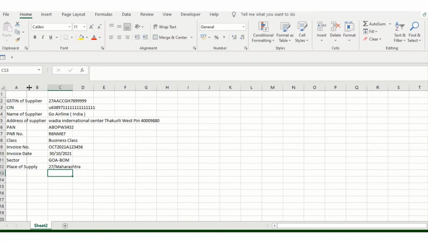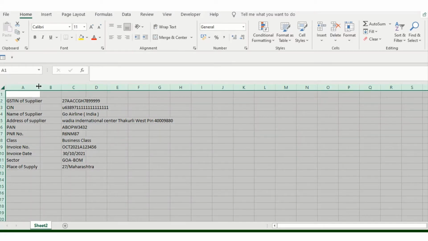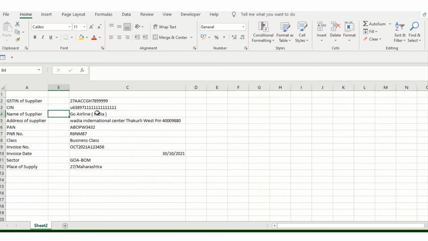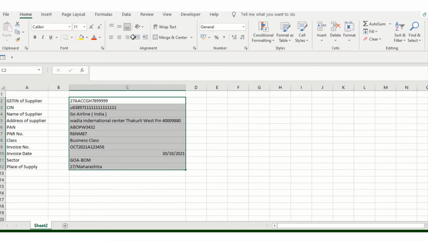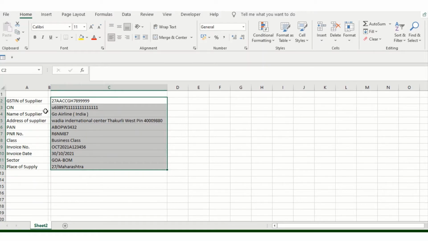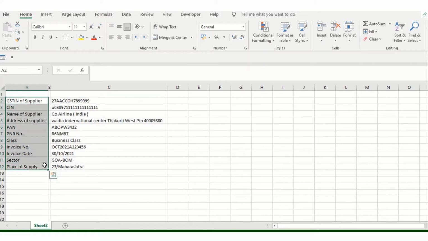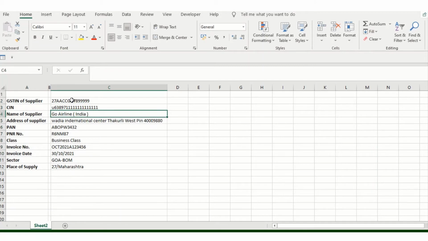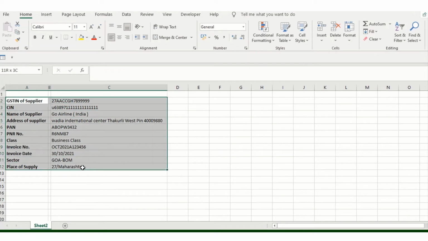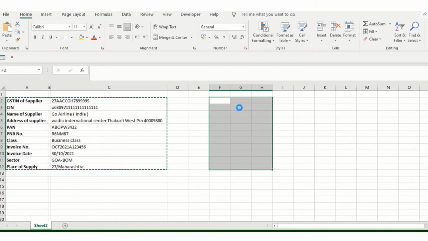Now what I will do, I'll double click, adjust it, and then select the left hand side. All things will get aligned, and I'll make this smaller and keep it in bold form, and then these details will get added. Now I'll simply copy this and paste it over here.